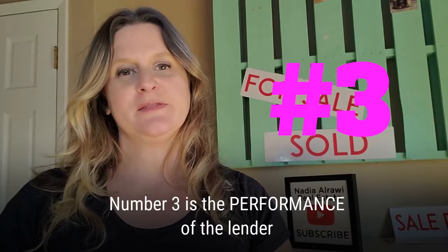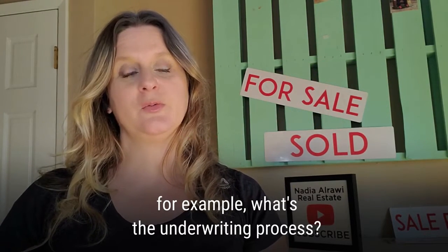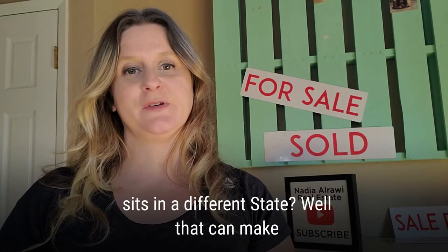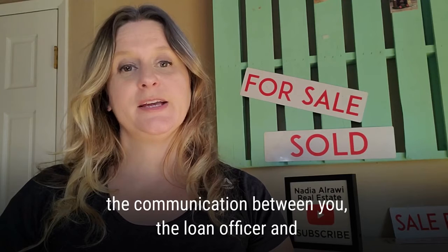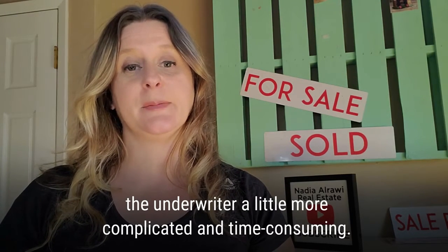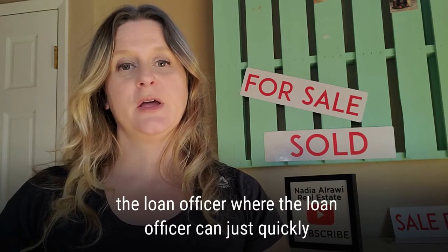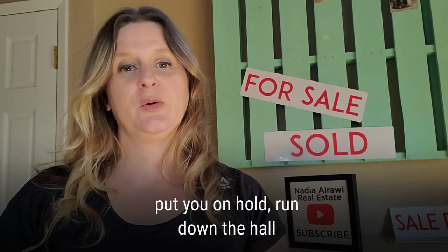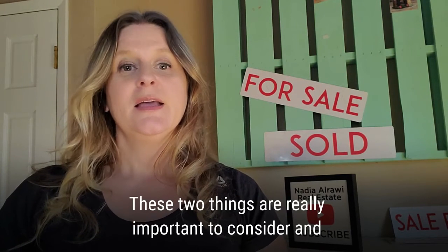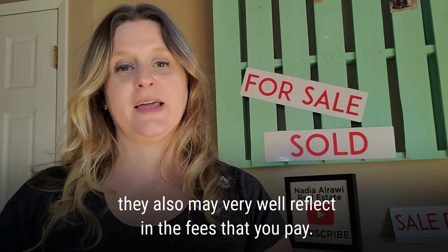Number 3 is the performance of the lender, and this can mean a couple of different things. For example, what's the underwriting process? Is this a well-oiled process in which the underwriter sits in a different state? Well, that can make the communication between you, the loan officer, and the underwriter a little more complicated and time-consuming. Or is the underwriter just sitting down the hall from the loan officer, where the loan officer can just quickly put you on hold, run down the hall, and get the answer he needs for you? These 2 things are really important to consider, and they also may very well reflect in the fees that you